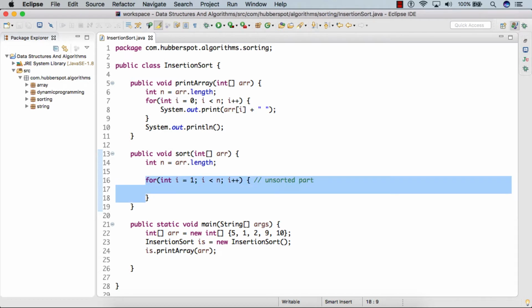So here by providing this for loop, with each iteration we simply pick one element and we place that element into its correct position by applying the insertion sort. So we simply store the first element of the unsorted part into the temporary variable.